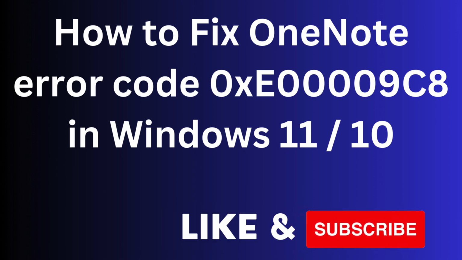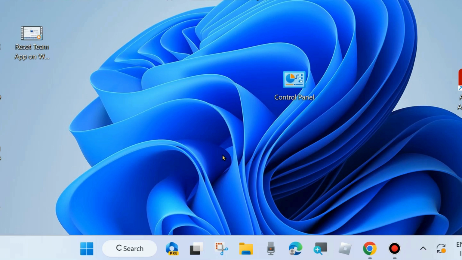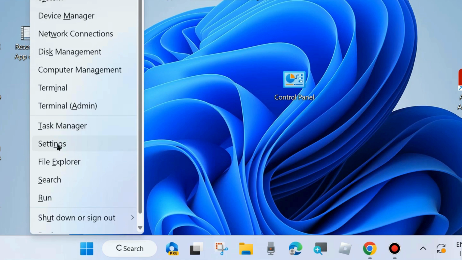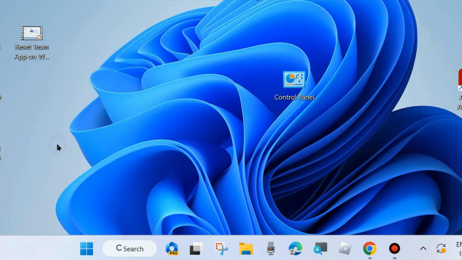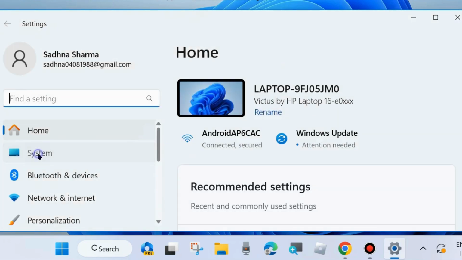Hi guys, in this video we will see how to fix Microsoft OneNote error code 0xE00009C8 in your Windows 11 and 10 PC. To fix this issue, the first workaround is go to Settings by pressing the Win plus I shortcut key, and here